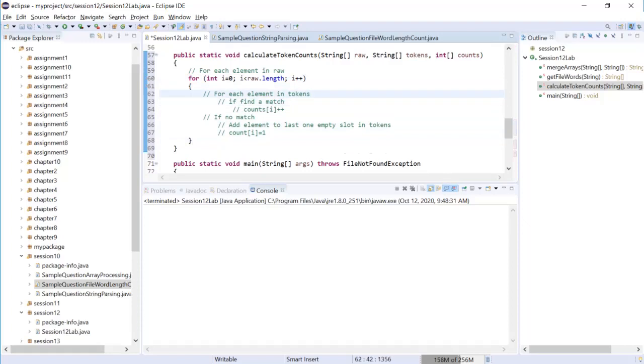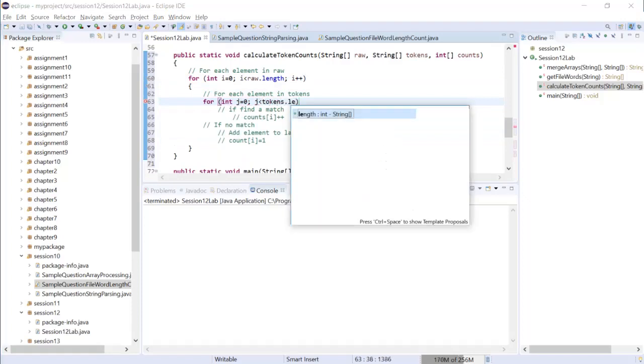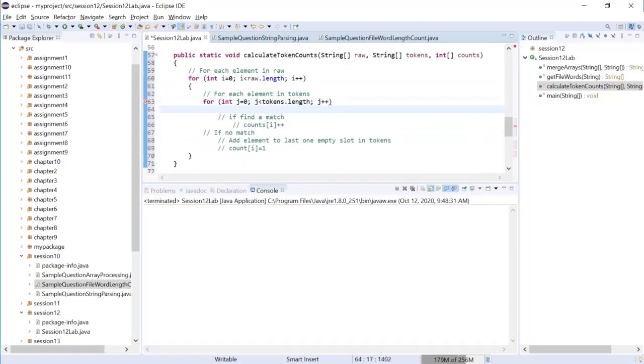Now, for each element in tokens, this is where things get interesting. For j less than tokens.length, j++. Why do I say it gets interesting? Because